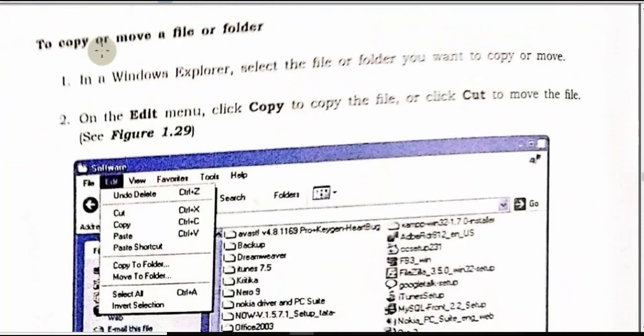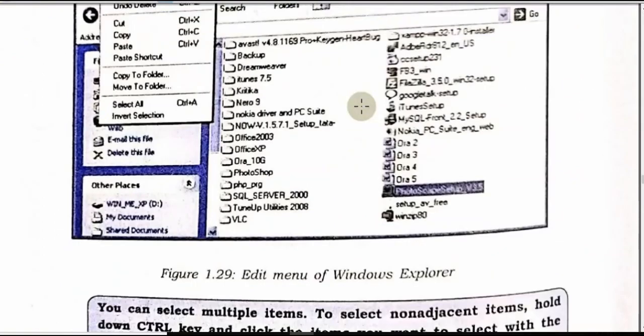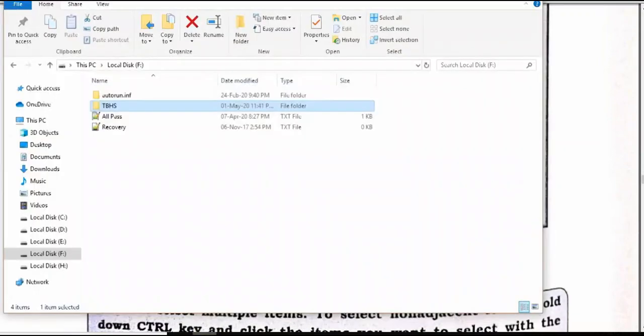Now again, this is copy or move a file or folder. So how to move a folder? Let us go to this place already, and you can see here we have a file called recovery. Actually this file was made earlier while I was doing project work with SQL Server.